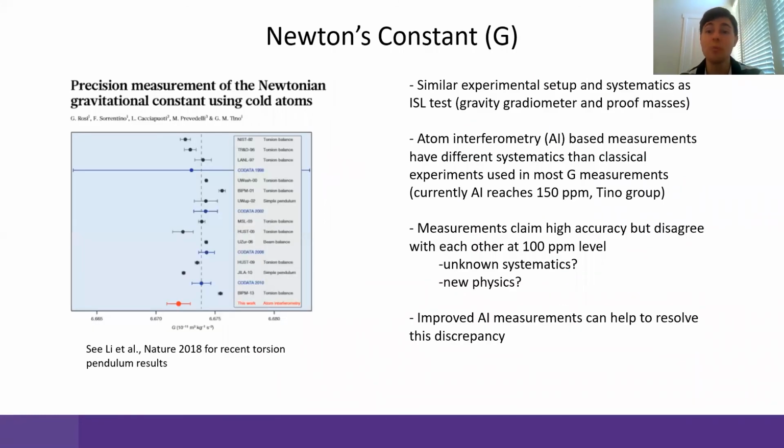In addition, Tim's group is planning a measurement of Newton's gravitational constant, G. There's a problem with our current understanding of the value of this constant, which is that many groups have supposedly measured it with an accuracy of 10 to the minus 5 or better, but the measurements disagree with one another at the 10 to the minus 4 level, as shown in this figure. It's very unlikely that this happened by chance, so it's believed that unknown systematic effects or possibly new physics are influencing the measurements. An atom interferometric measurement could help to resolve this puzzle because atom interferometers have very different systematic effects than the classical devices that have previously been used.